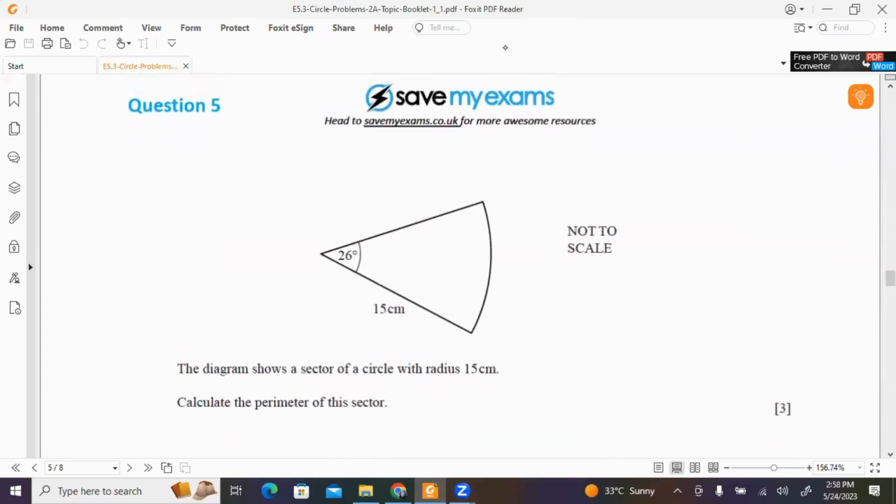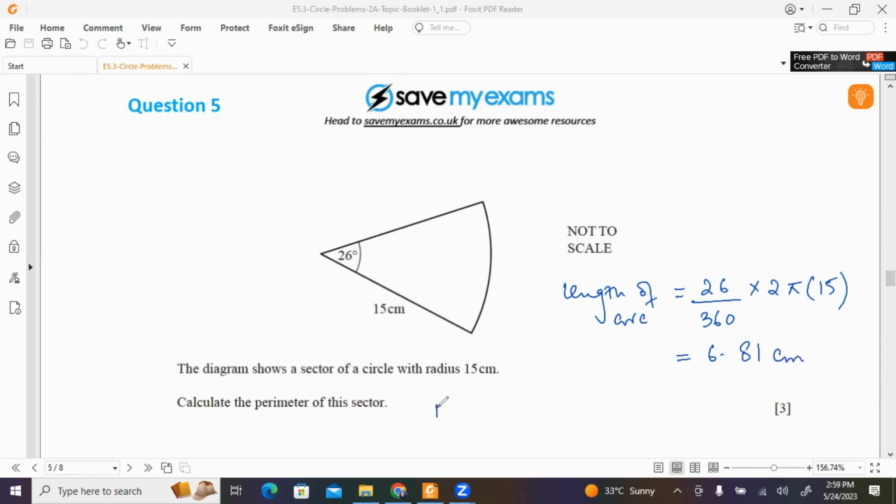In question 5, we have another sector and they want us to find the perimeter again. So the approach is still similar. We're going to find the length of the arc first, which is going to be 26 over 360 times 2 pi times 15. So 26 over 360 times 2 times pi times 15, that is 6.81 centimeters. And then for the perimeter,